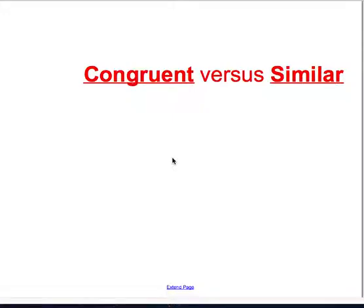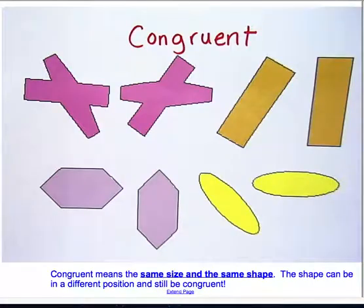Words: congruent and similar. Congruent means the same size as well as being the same shape. So if we look at these different